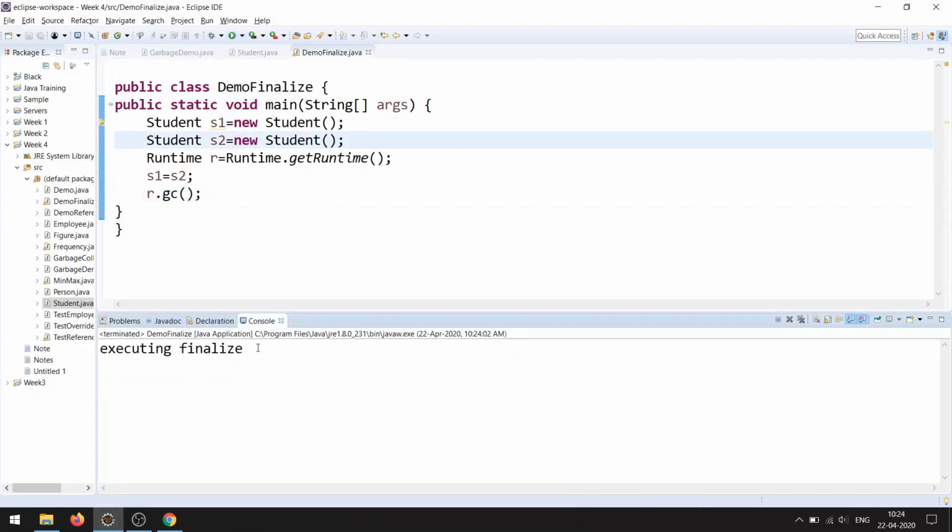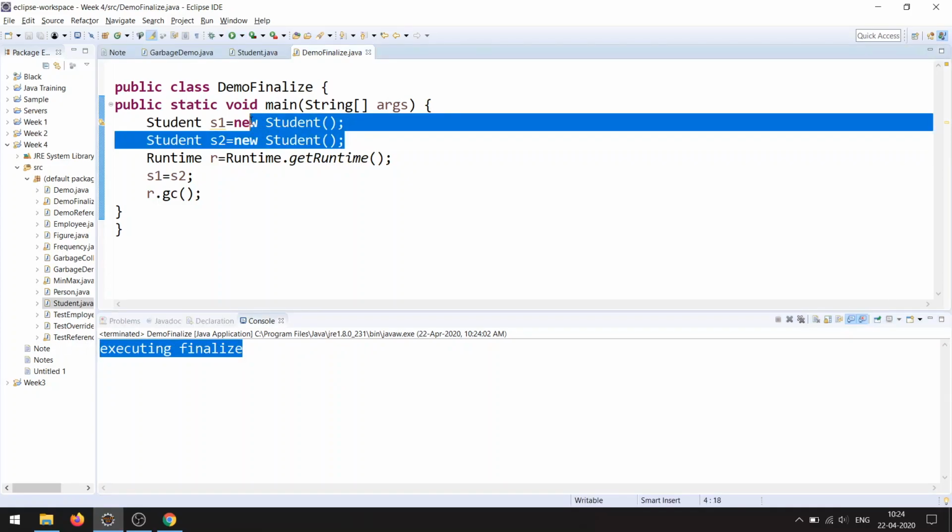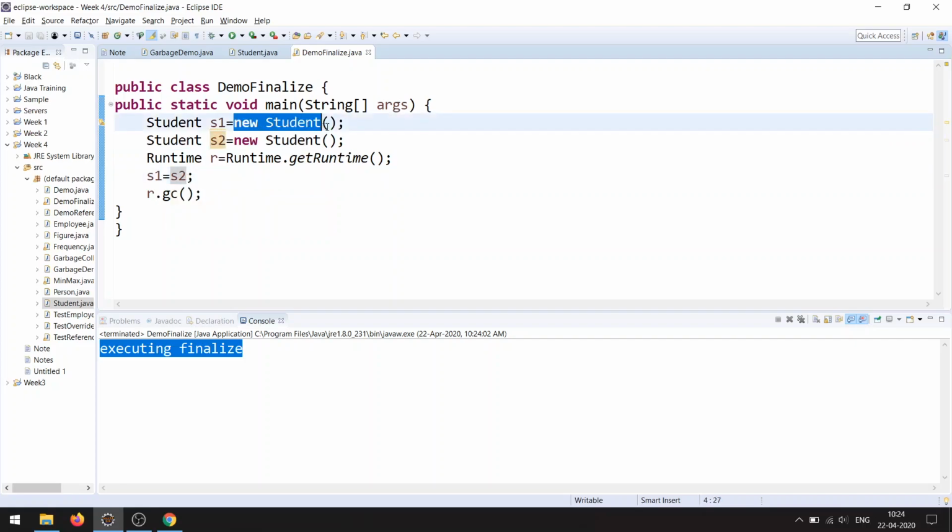Here the finalize method is executed only once, because out of two objects, one object is eligible for garbage collection. S1 is referring to S2, and S2 is already referring to S2, so the S1 object is eligible for garbage collection, right? So this is how inside the finalize method you can have your own logic. The finalize method is always executed before deleting the corresponding object from memory.